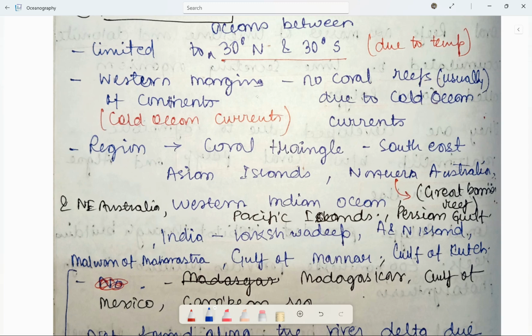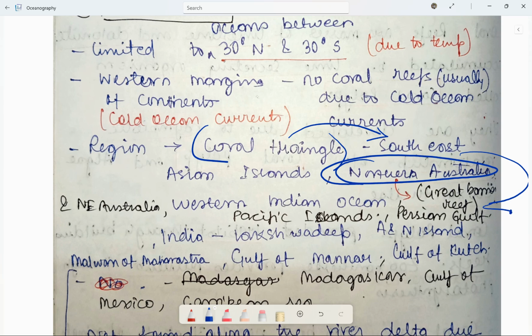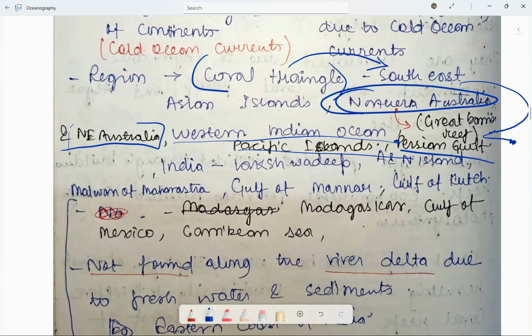रीजन्स कहाँ कहाँ दिखते हैं हमको? कोरल ट्रायंगल एक है साउथ ईस्ट एशियन आइलैंड्स में, देन नॉर्दर्न ऑस्ट्रेलिया में जहाँ पे ग्रेट बैरियर रीफ प्रेजेंट है, नॉर्थ ईस्टर्न ऑस्ट्रेलिया हो गया, वेस्टर्न इंडियन ओशन, पर्शियन गल्फ, पैसिफिक आइलैंड्स। अगर इंडिया की बात करें, लक्षद्वीप, अंडमान एंड निकोबार आइलैंड, मालवण ऑफ महाराष्ट्र, ये भी डेवलप हो रहा है, गल्फ ऑफ मन्नार एंड गल्फ ऑफ कच्छ।